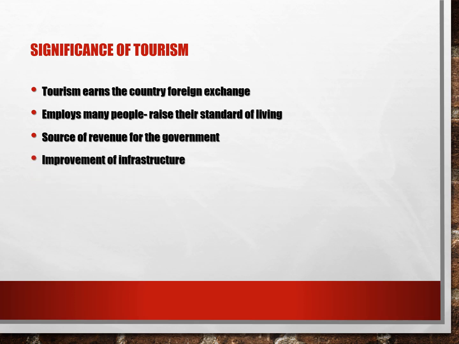Improvement of transport and communication lines. Any place in this country where we have tourist attractions, the government has to endeavor to ensure that the places are accessible, and therefore you'll find good roads constructed in those areas. It is no doubt that you'll find Mombasa having an international airport, being a great tourist destination. You'll find Kisumu having an international airport. You'll find even an airport in Isiolo because of that.